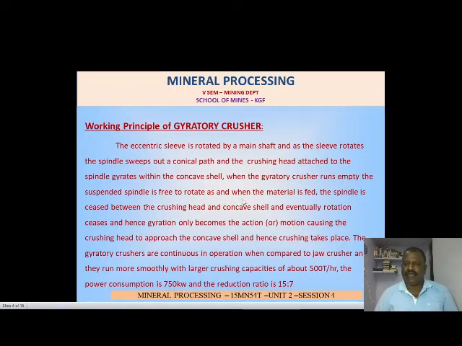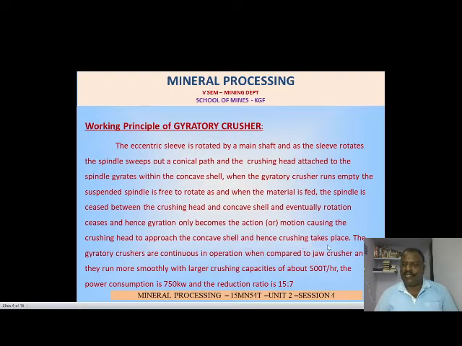When material is fed, the spindle is pinched between the crusher head and the concave shell, and hence gyration becomes the motion, causing the crushing head to approach the concave shell, and hence